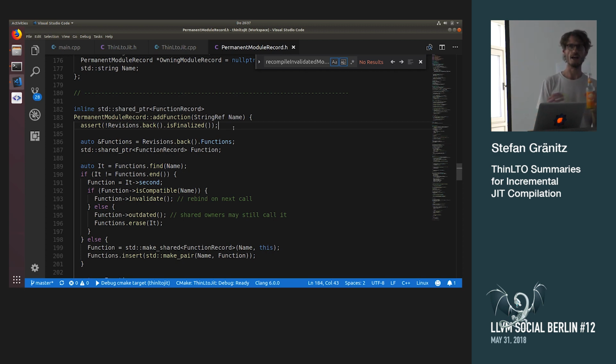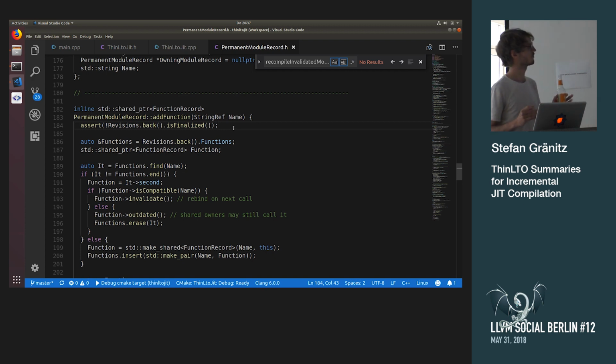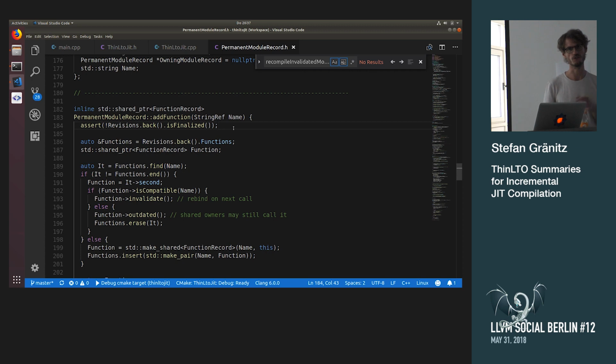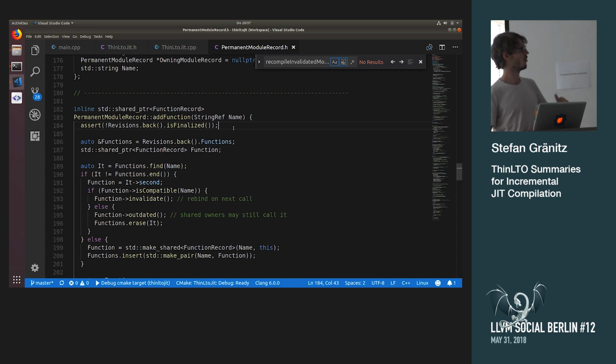So if I have my function handles that I give out, each of these function handles is basically only one shared owner of this function record, shared pointer. So if all these function handles get deleted and my permanent module record decides it doesn't need this function anymore, it will be deleted. If one of them keeps it, it stays there, but it can be invalidated. It can be invalidated because